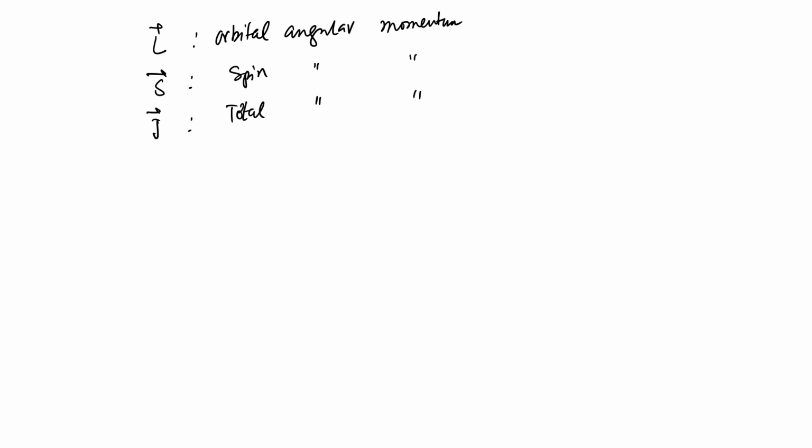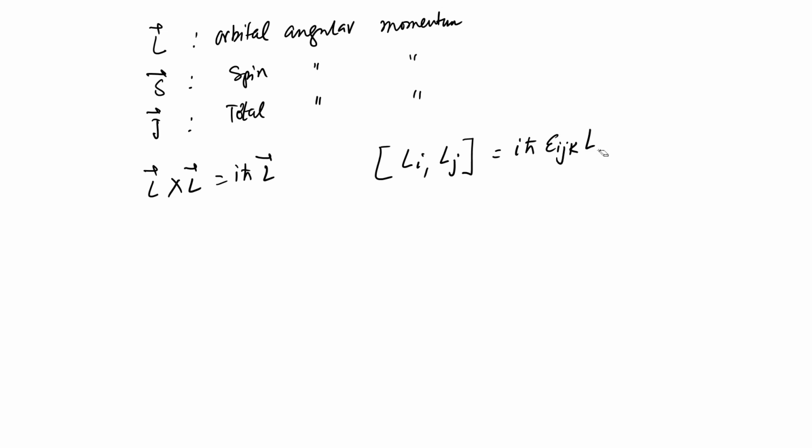And in each one of these angular momenta, these variables, they have different relations, like the relations are mostly expressed as L cross L is equal to i h cross L. That is a commutation relation, which means that any of these components of the angular momentum, [L_i, L_j], has a relation which is i h cross epsilon_ijk L_k. In case we have missed an h cross, it really does not matter. Sometimes h cross is put equal to 1, but nevertheless it is important because it sets the scale